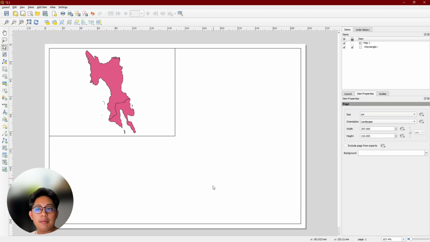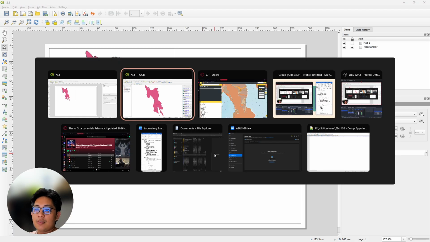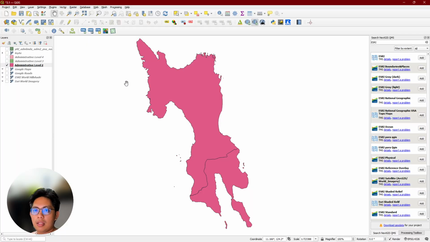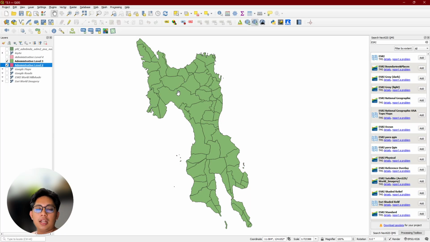So I'm gonna add the level 3 map. I go back to QGIS and click level 3.